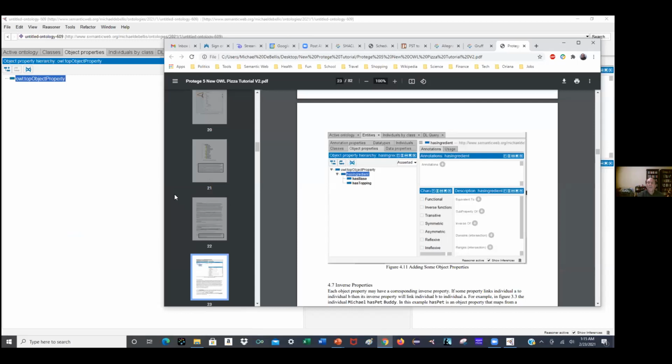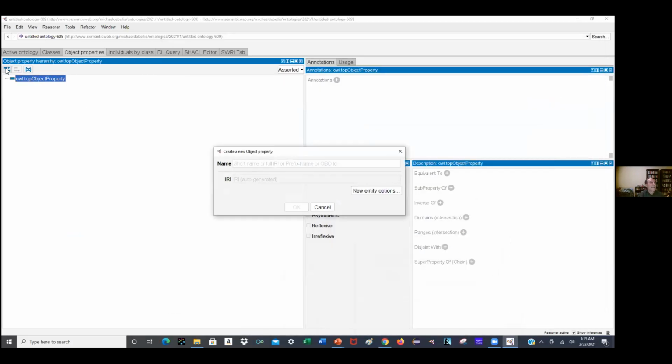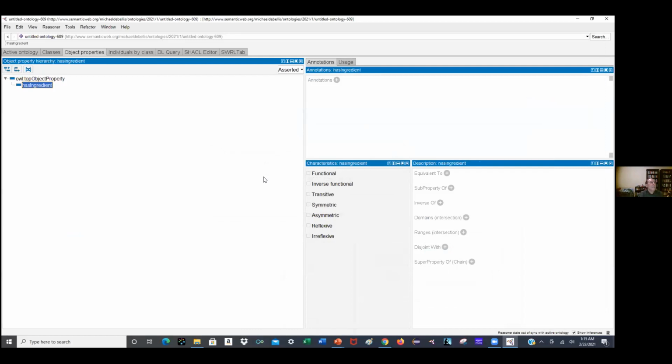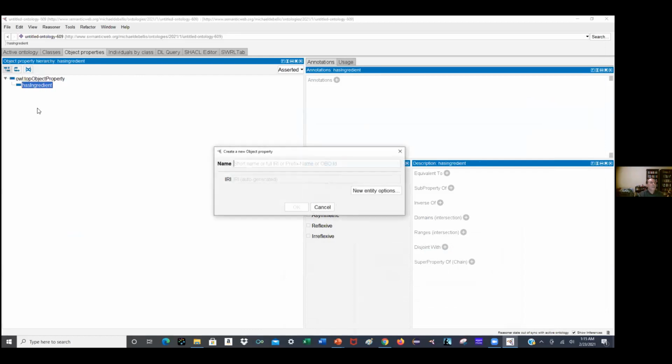First we're going to click on this button, which creates a subproperty, and call it has ingredient. And we're going to create two subproperties of this called has base